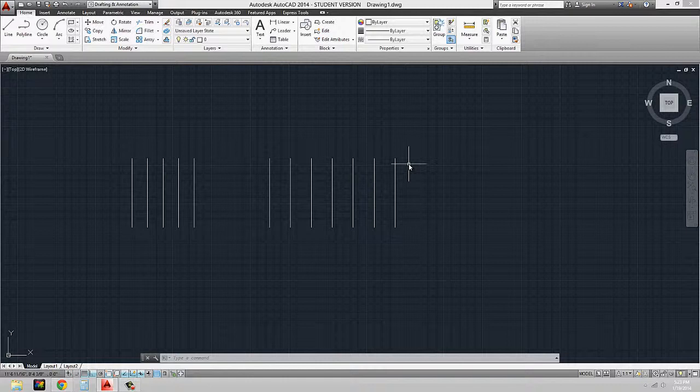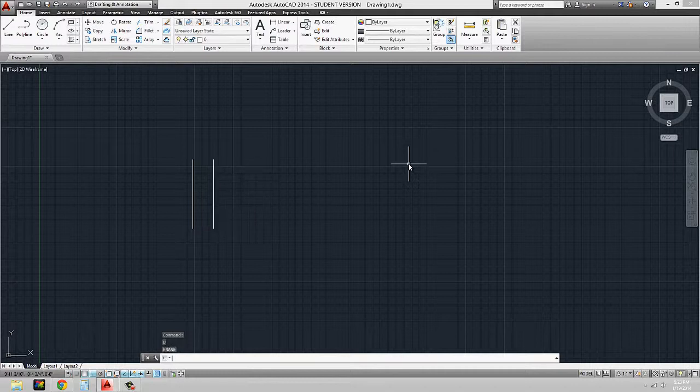So if I type in undo, I can go back, and in order to redo a command, all I have to do is hit enter. If I want to undo a lot of steps, I don't have to do undo, enter, undo, enter, undo, enter. But in order to recall that last step, all I have to do is hit enter, enter, enter, because it repeats the last command. As long as my last command was undo, I can just hit enter, enter, and enter in order to